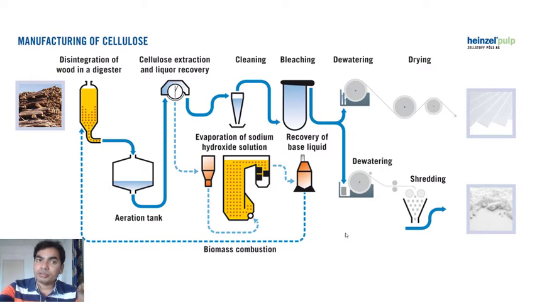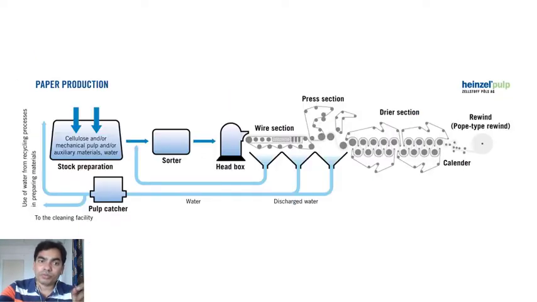We also make the paper from the cellulose. For that, we have to roll the cellulose through a large press section with big rollers, so they fine it into a very thin, paper-like structure. So finally, these are the rollers actually.